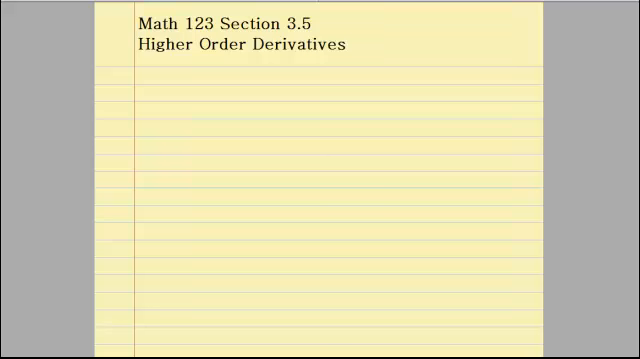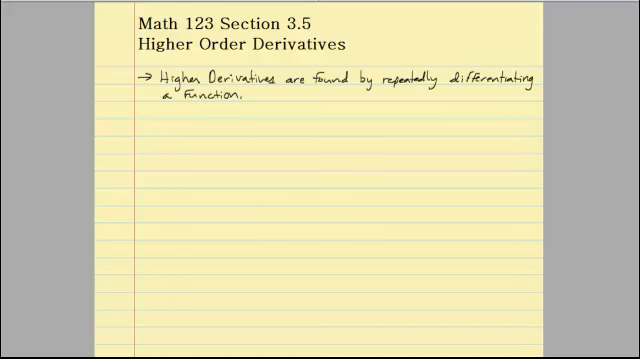In section 3.5 we're going to be looking at higher order derivatives. Higher order derivatives are used for curve sketching and for solving lots of different types of problems in calculus. Higher order derivatives are found by repeatedly differentiating a function. So for instance, we could have a function like f of x, which of course we also call y, and